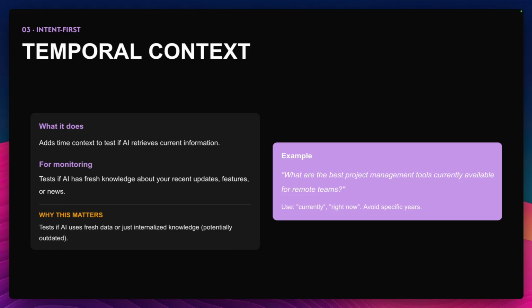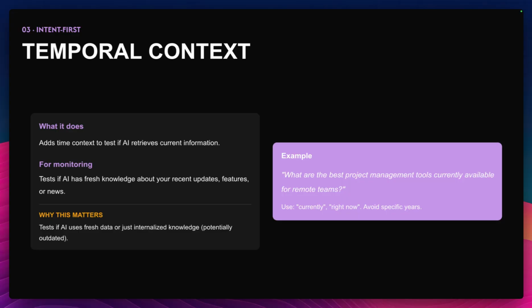So if you just add in currently, right now, whatever, you can force most systems to use web search more reliably than without those terms, because most systems have in their system prompt that if they get asked for current information, they should use web search, and that's why you probably should use some temporal context.